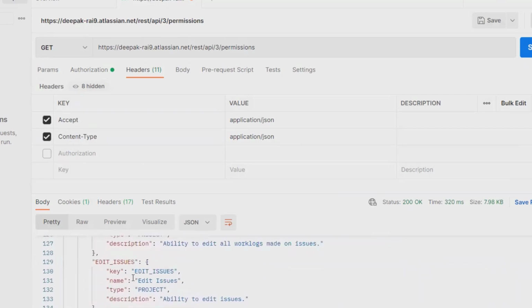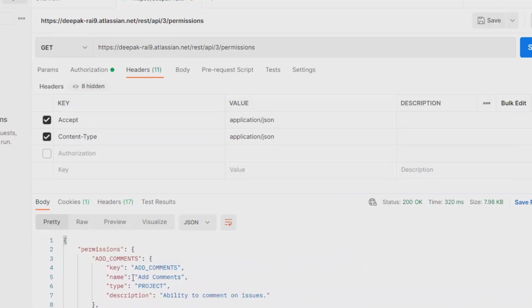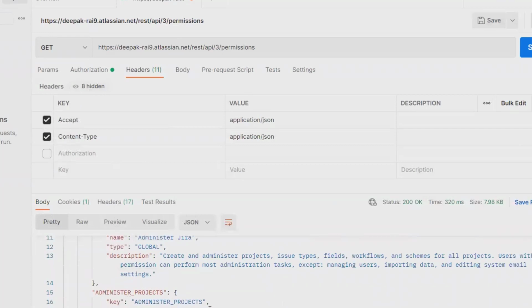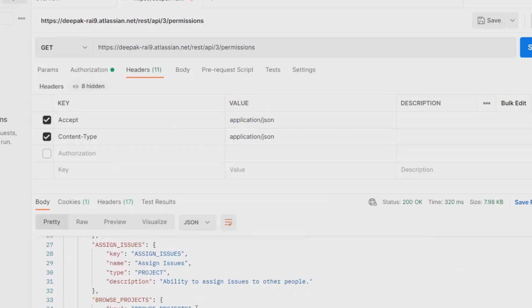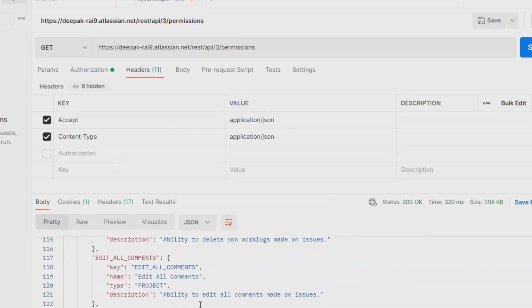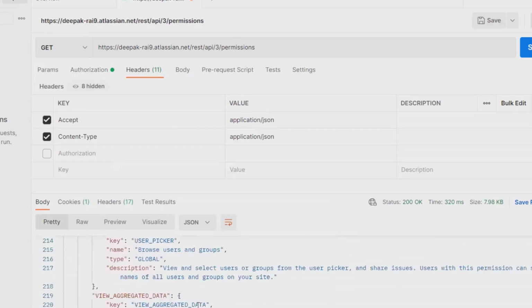So this is how we can get the complete permissions as well as my permission related information. You can see complete permissions like add comment inside the project, add master project, assignable user, assign issues, browse projects. These are all the permissions available in Jira Cloud.